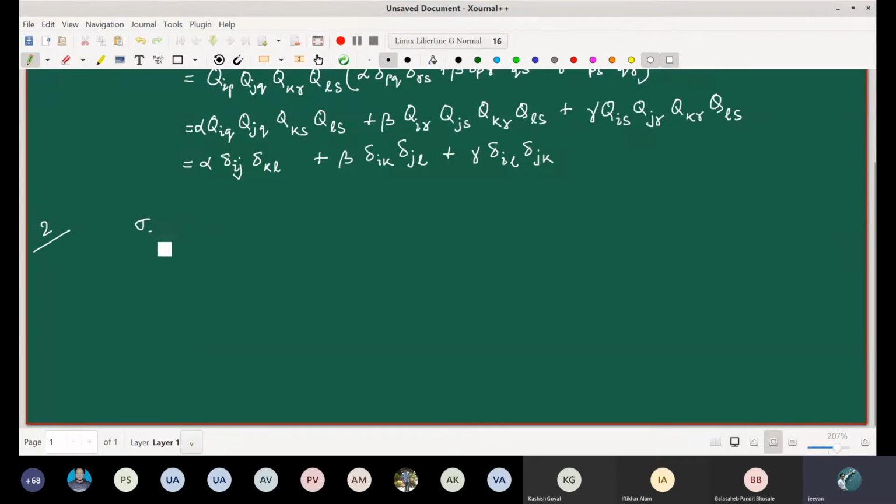We have been given that sigma ij is equal to lambda epsilon kk delta ij plus twice g epsilon ij. Now note that,